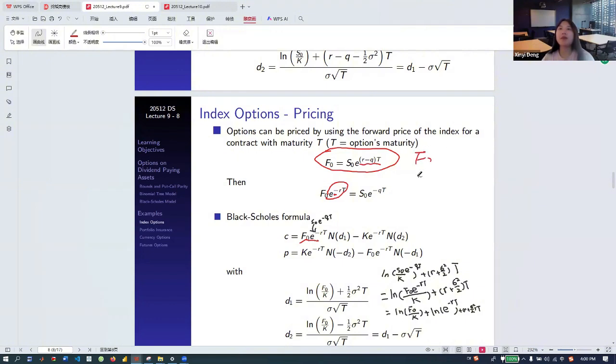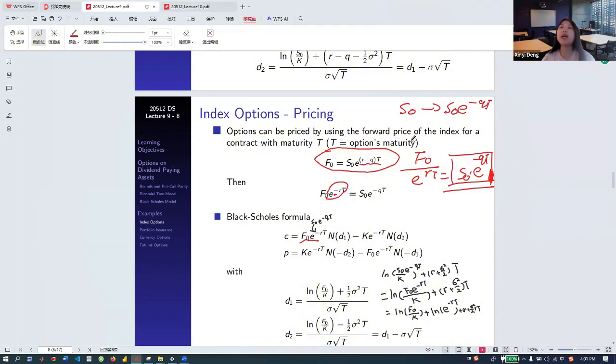So F0 divided by e to the power of RT is equal to S0 times e to the power of minus QT. This term on the right-hand side looks familiar to us, right? This is the new stock price that we use for the continuous dividend paying underlying asset. Therefore, remember how we are replacing S0 with S0 times e to the power of minus QT in the